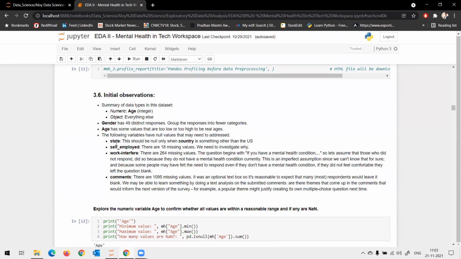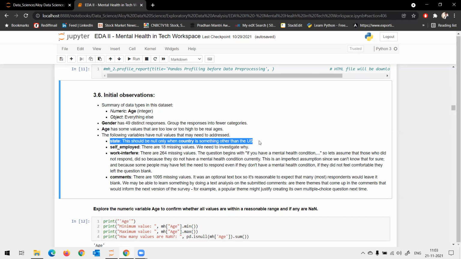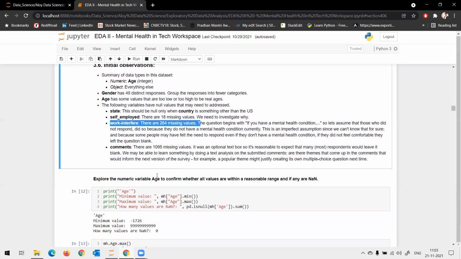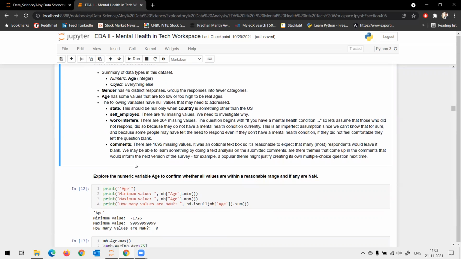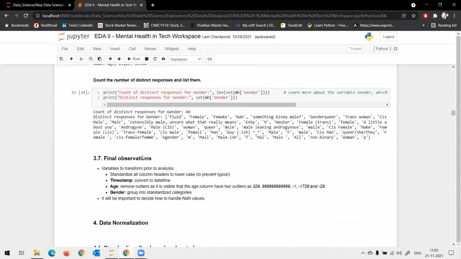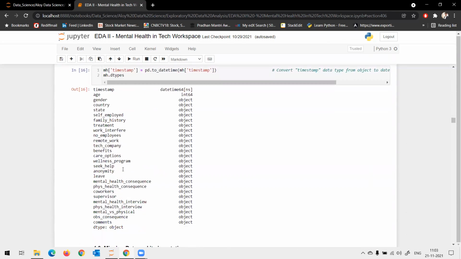After pre-profiling, we had some issues with the data set, especially like gender had 49 distinct responses. Even your age was just a numeric, and the rest everything was object. State had missing values. Self-employed had missing values. Work interference has missing values. Okay, and comments had only 10% of the data set. So we fixed everything. After normalizing, we